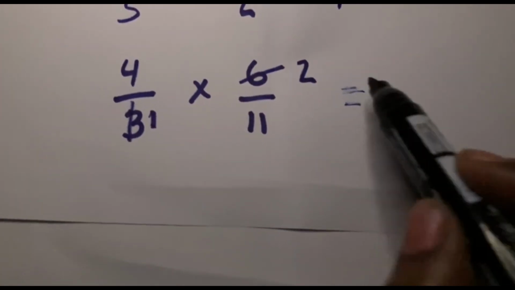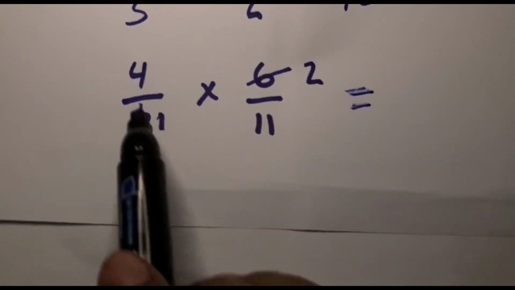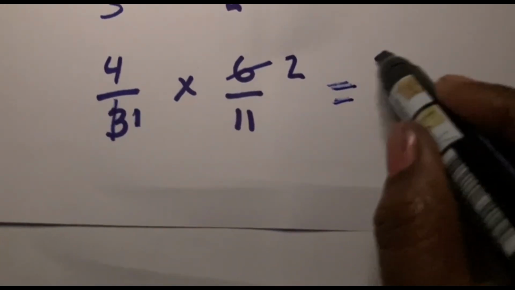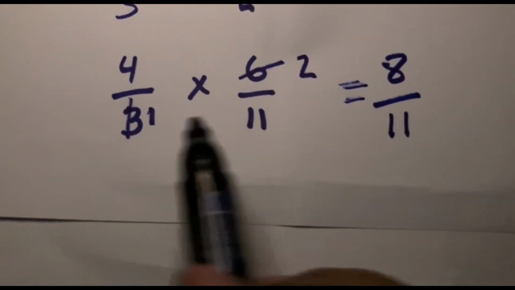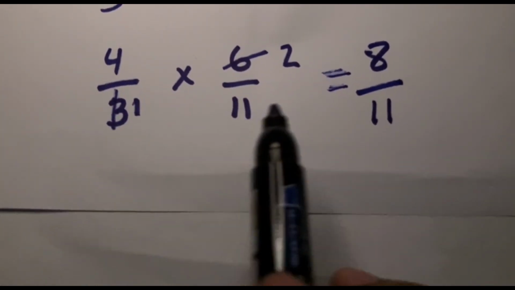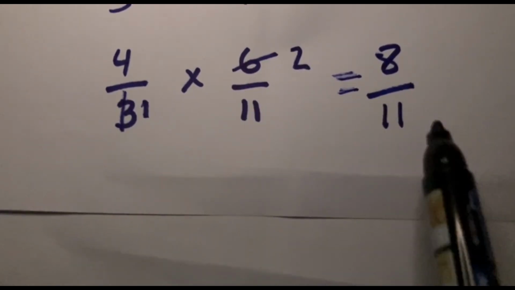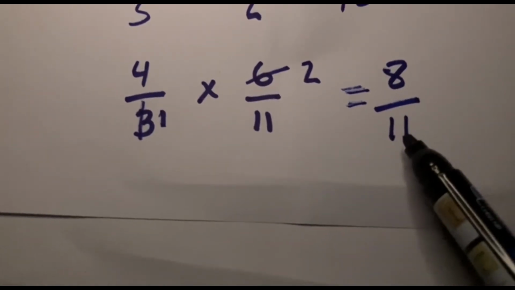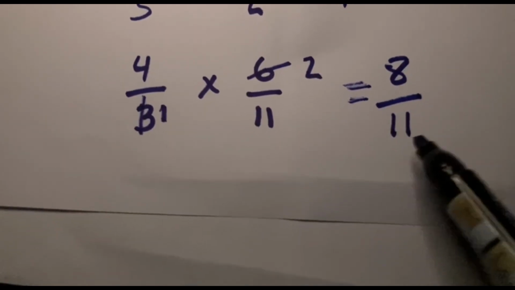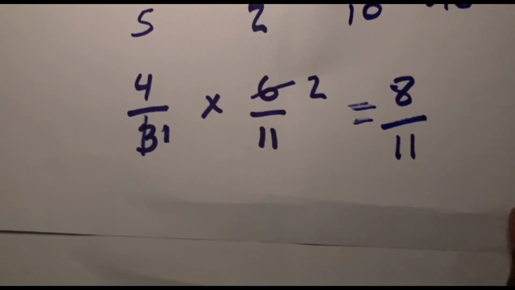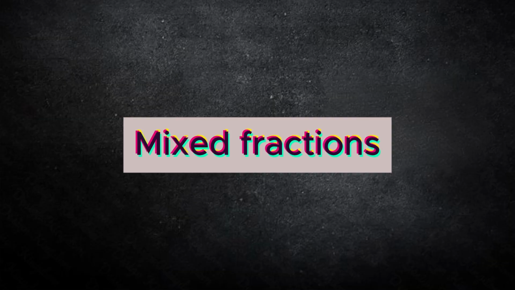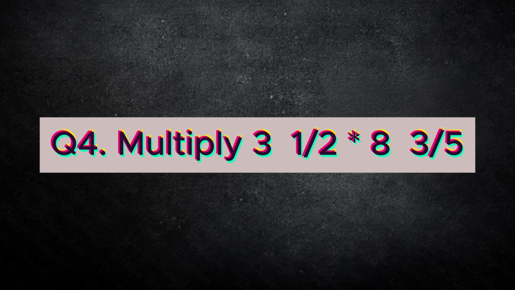Therefore, the final will be 4 times 2 is 8, and 1 times 11 is 11. So 4 over 3 multiplied by 6 over 11 will be 8 over 11. I cannot change this into a mixed fraction because the numerator is less than the denominator. So we will continue. We can also multiply mixed fractions, for example 3 and 1 over 2